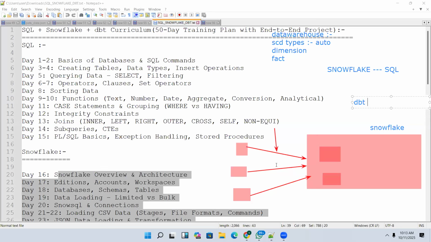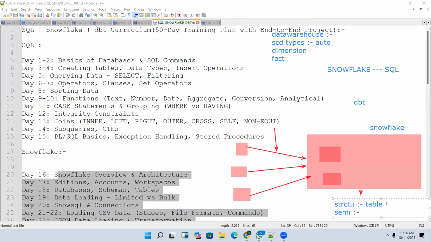So the source data format, is it going to be tabular format or JSON format? In Snowflake, it will support two types of data, structured data and semi-structured data. Structured means nothing but tabular format data. The data is in the form of a table. Semi-structured is a combination of structured and unstructured.